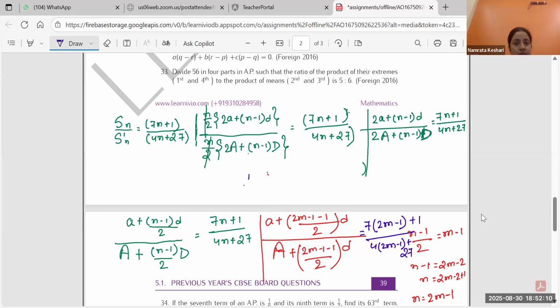After that, how can you put the 2 from a to (n minus 1) into d by 2? Here a statement is missing: we are dividing the numerator and denominator